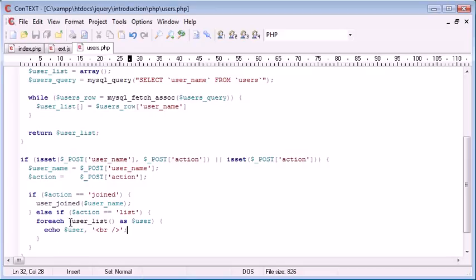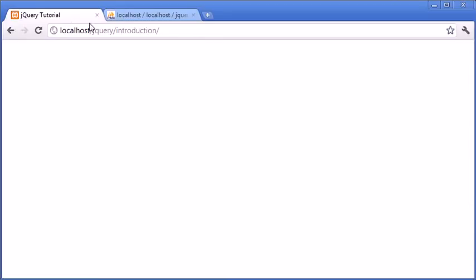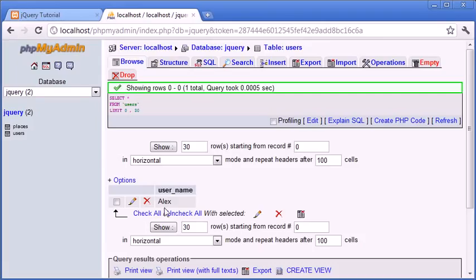So now what this will do is the file users.php will essentially pick up on this action. It will go ahead and loop for every users list as user. Remember, we returned each name as an array, and then it will just echo out each element of that array. So fairly simple. Let's go back to our page. We'll have to go ahead and delete this